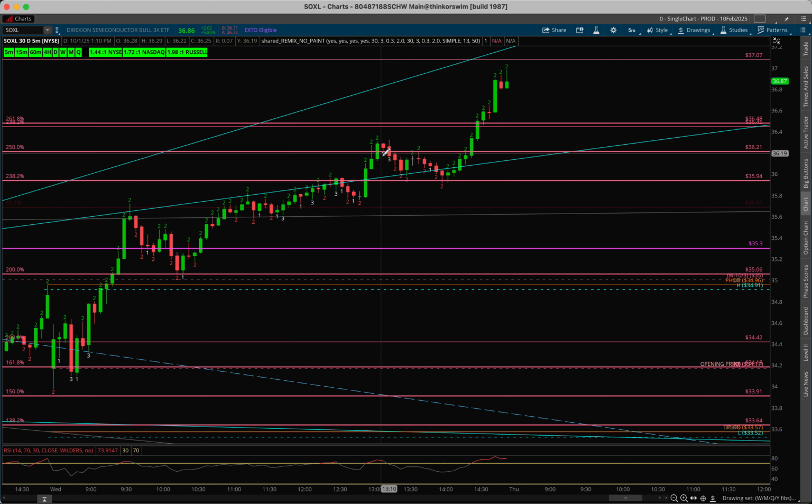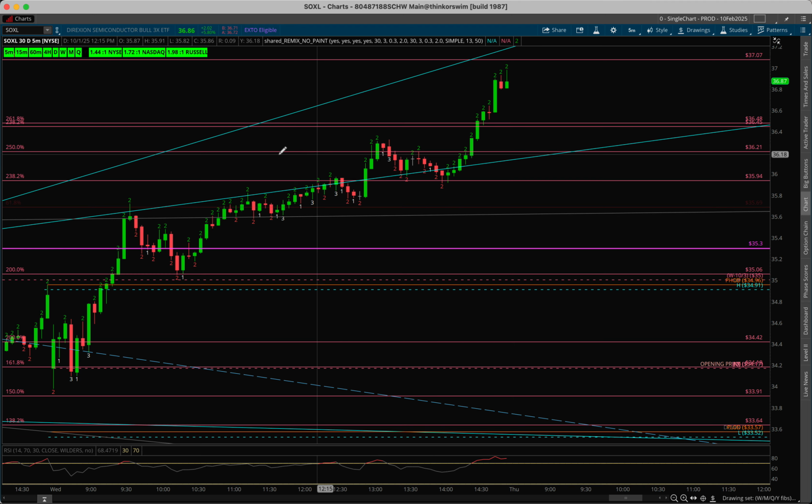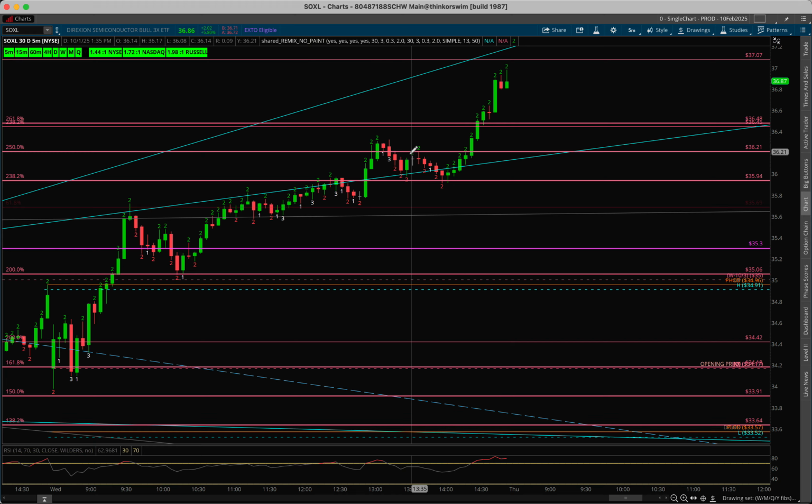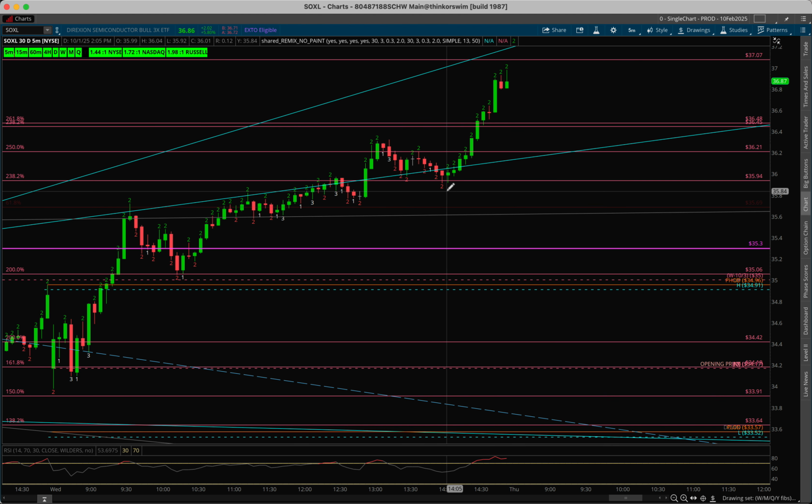But again, it continued to push higher. We got the higher low on the 5-minute, but then we got the lower high. So we exited most of our calls at this level, but we did leave a couple runners. From the 15-minute perspective, we got a higher low and the continued push